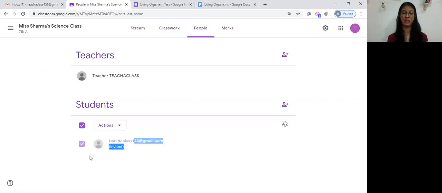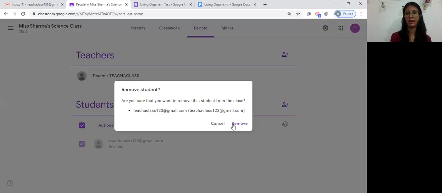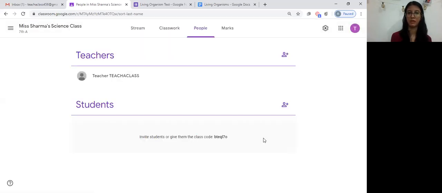And if there are students who are not from my class and have accidentally joined the class, I simply click over to them, actions, and remove. And it'll give me a prompt and I'll simply remove the student from the classroom. In a similar fashion, you can remove your other co-teachers or collaborators from the teachers tab.